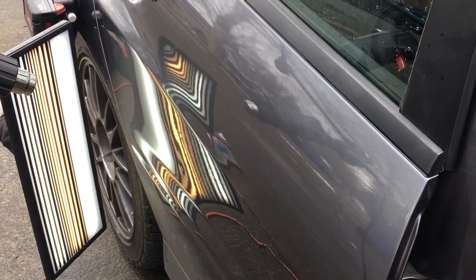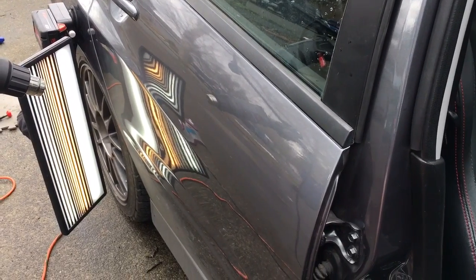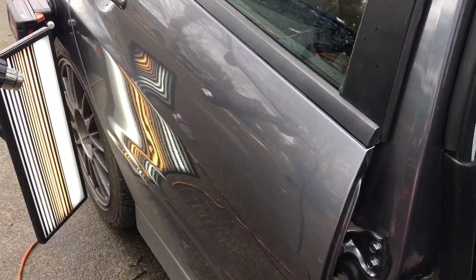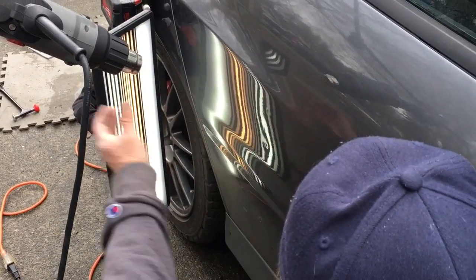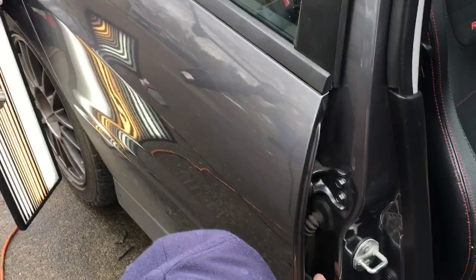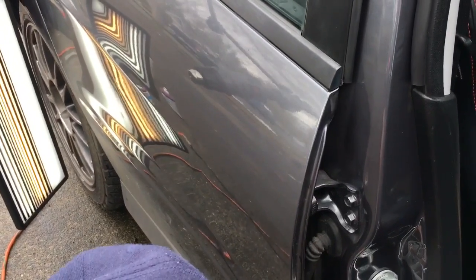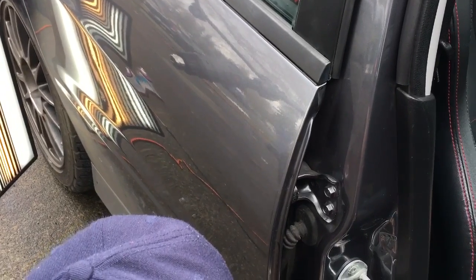There we go. Clean that one up a little bit. And I can even get in there and clean some more of it up. I just want to keep on the progress. It's probably at about 100 degrees, not super warm. Okay guys, we're back. We had a slight interruption there, but we are back, and I'm just dialing into this